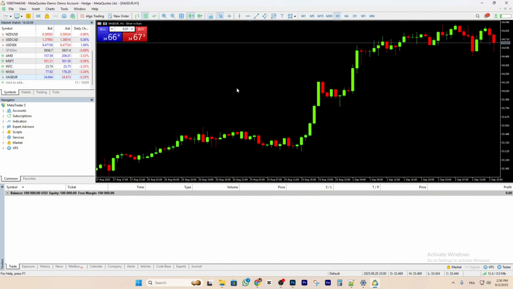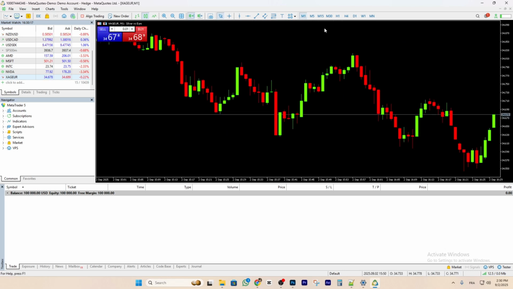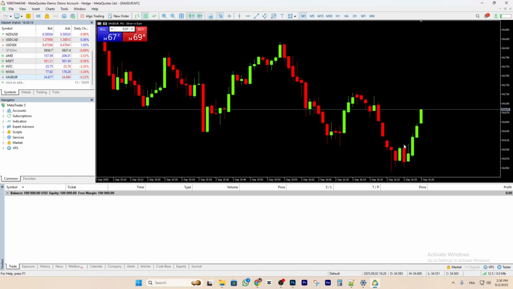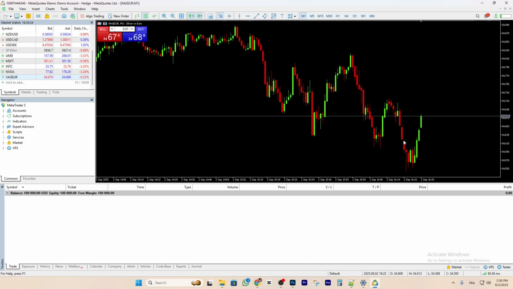Now let's see how you can buy and sell on MetaTrader. Okay, so let's say, for example, I want to buy now. So let's go to the 1 minute time frame. And let's say I want to buy now. Okay, so if I want to buy, my stop loss must be here and my take profit must be here. Just for example, just for the sake of this video, for you, you have to do your analysis on all of that stuff. Okay, so click on buy,